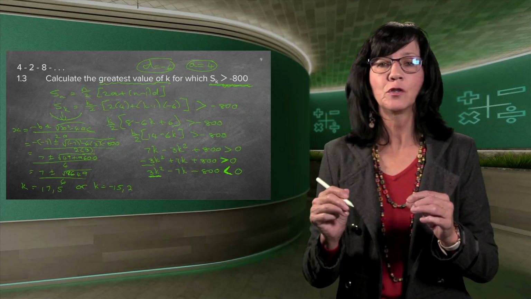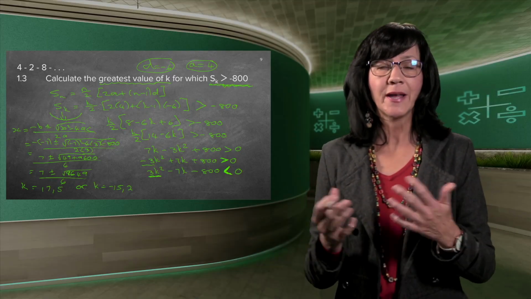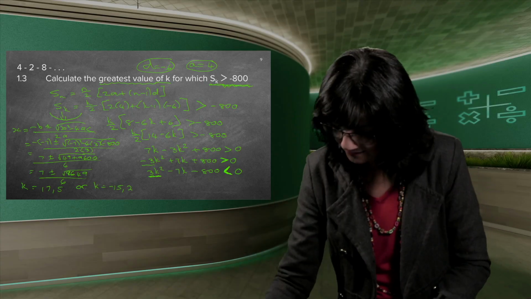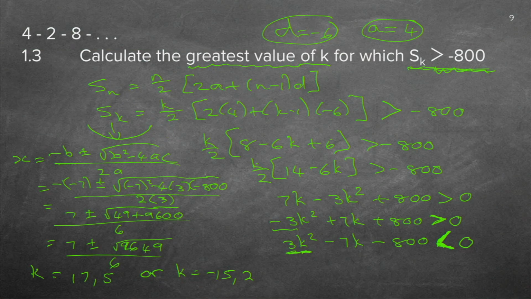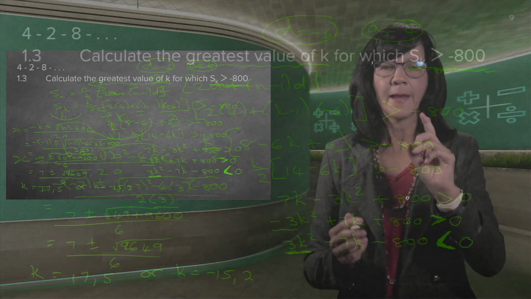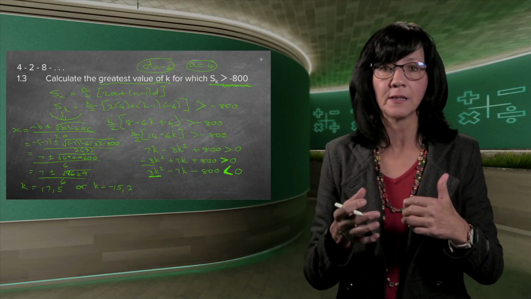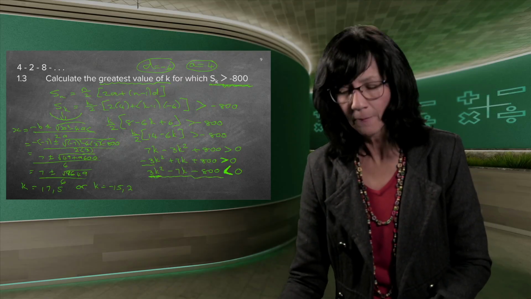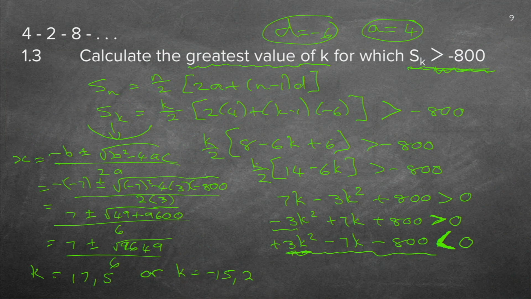Now remember what the K stood for. The K stood for the how manyth term. Now I can see there's only fractions, so I can't have a fractiony term. But what does it say there? It says it must be smaller than 0. Now I do not know if you can remember, this is now big revision. If I've got a quadratic equation and I've got an inequality, I need to draw a little sketch. Remember, this thing is actually a parabola. And because there's always a plus in the front, I see to it that there's always a plus in the front because we don't factorize if there's not a plus.